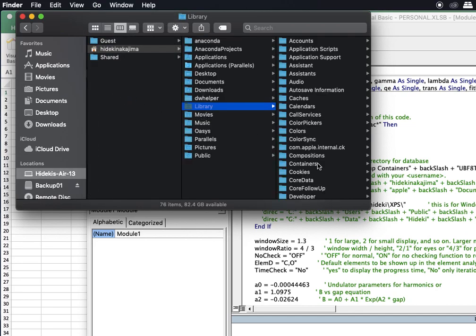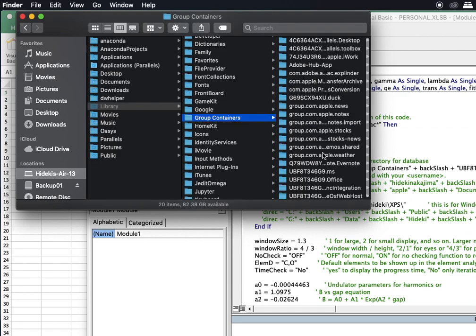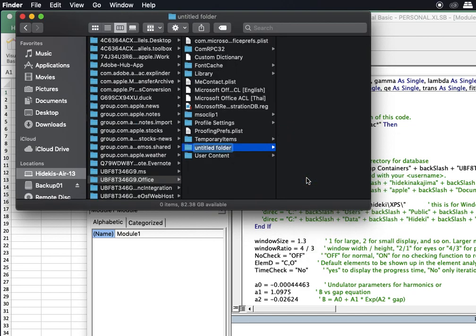And you will see under the Library there are many folders, and you can see Group Containers and UBF8 828346 G9.office. Under this you have to make a new folder, any name, but I use Excel